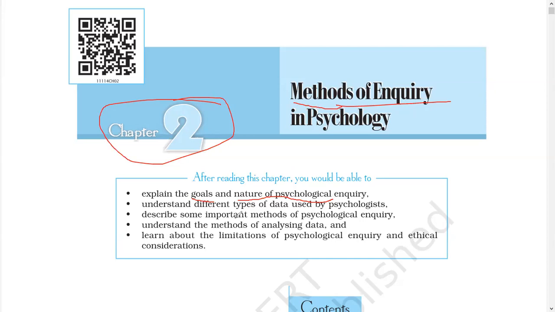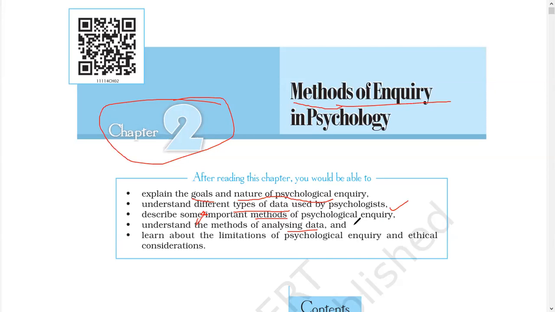And even what are the different types of data used by psychologists? That data can be both quantitative data and qualitative data. All these things will be explained in detail and studied in this chapter. Some important methods, and analyzing data, how we analyze the data. This is really an important chapter because even though the first unit has dealt with